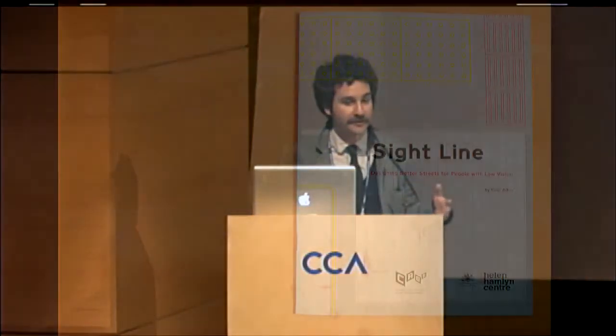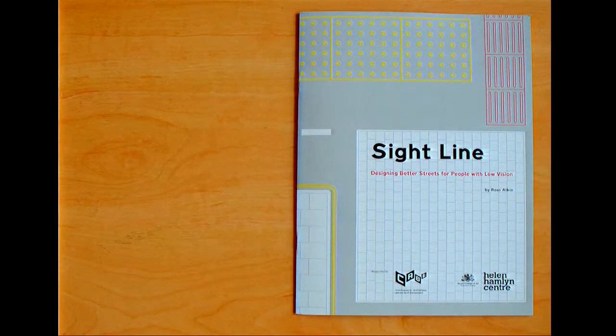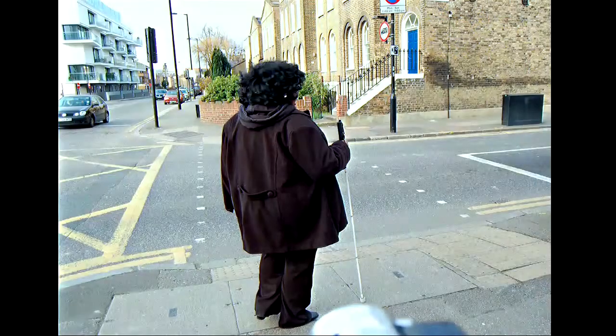So the project actually grew out of another research project working for the UK government's advisor on architecture and looking at the design of public spaces in general for people with sight loss. The research for that project basically involved shadowing 8 different people with different levels of visual impairment on journeys they'd regularly make unaccompanied, and videoing the whole thing and seeing what happened and asking people questions. And that worked really well because